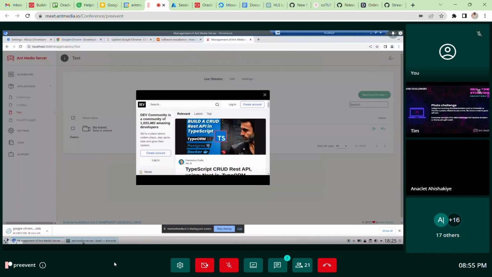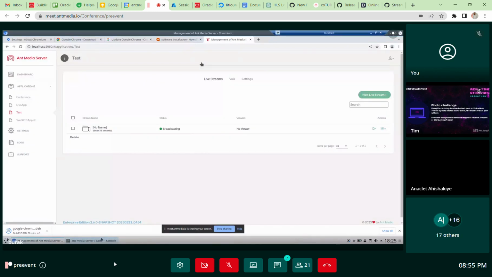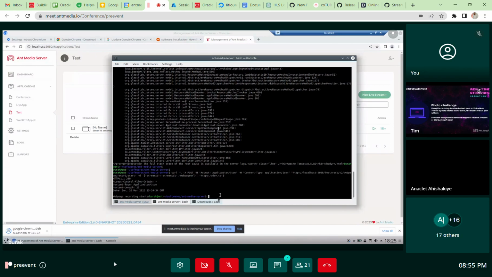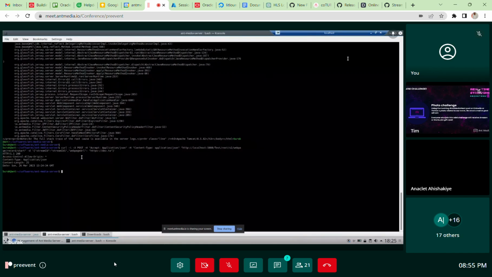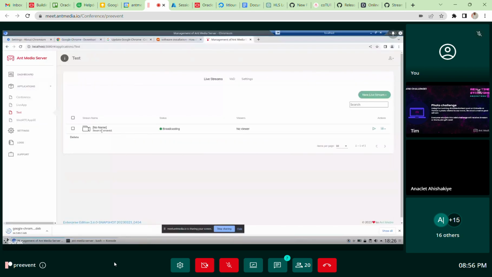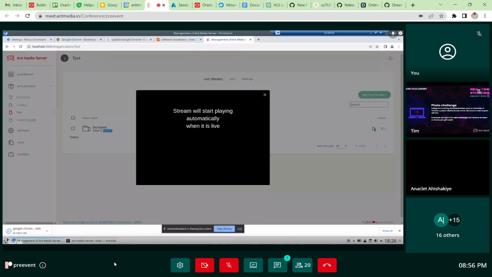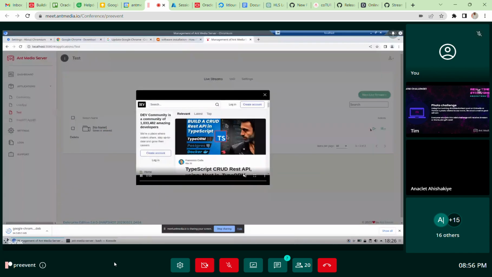This is the Antmedia server running on my local system. I have created a stream by calling the REST API for the plugin that Mustafa demonstrated previously. In this REST API, I send the record start method and provide the web page URL, and it directly created a stream on my application. When I play it, I can see the web page